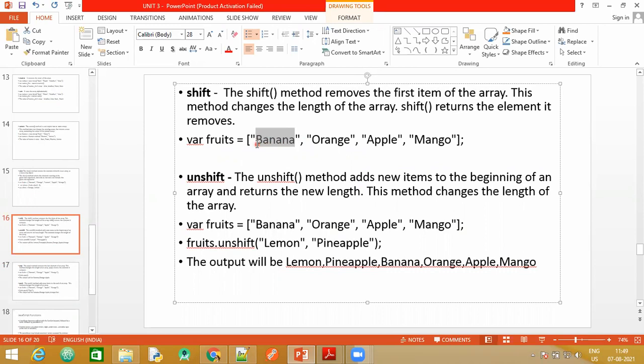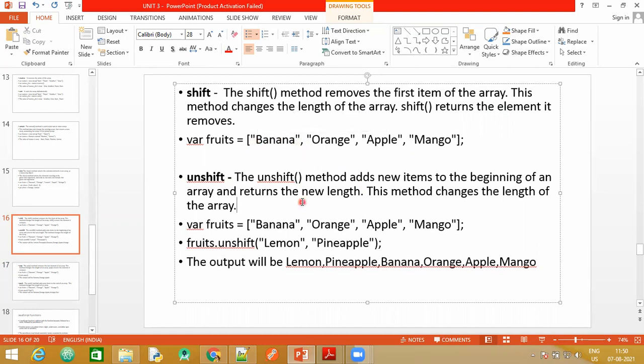Once this element is removed, the length of the array is changed. The previous length was 4, and if this element is removed, it will have only 3 items left. What is it going to return? It will return the element that has been removed. So it will return banana.